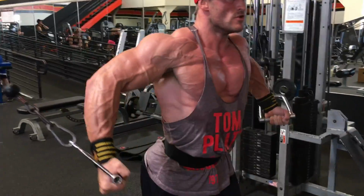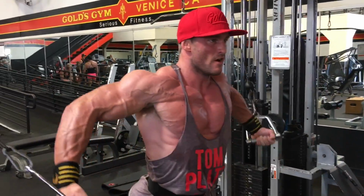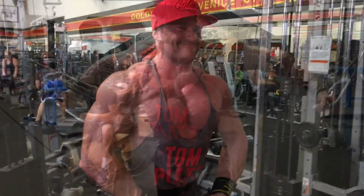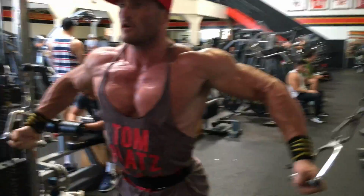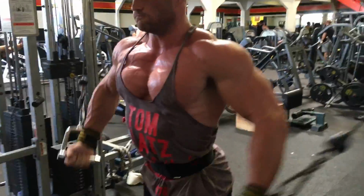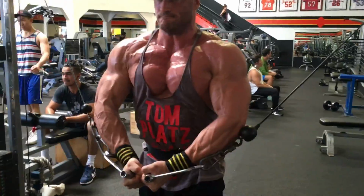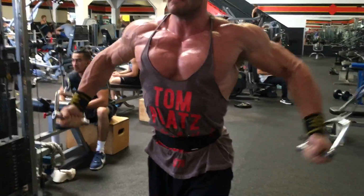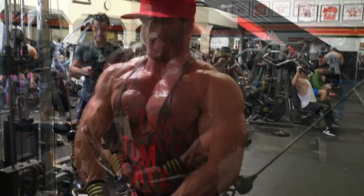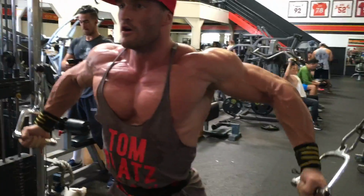And to finish the chest, we started with the upper chest on the pec deck to open it up, then upper chest flies, then mid chest, interior, and now we finish up with the lower chest. So we target all areas of the chest, and that's a cable fly, bringing the handles low in front of your belly button. You want to keep your shoulders back again, chest out, elbows lower than your shoulders,